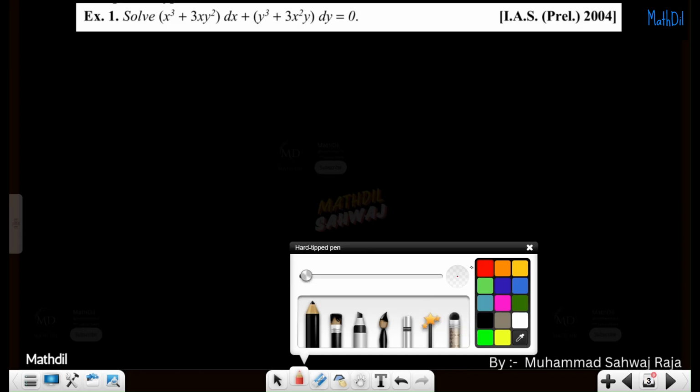And we know that whenever there is a question related to ODE, ordinary differential equation, at first we have to write the question. Okay, so let's do it. At first we have to write that given that, what is given? It is given that (x cube plus 3x y square) dx plus (y cube plus 3x square y) dy equal to 0. So this is our given data,